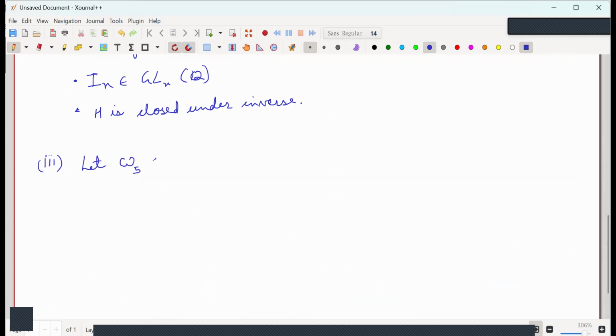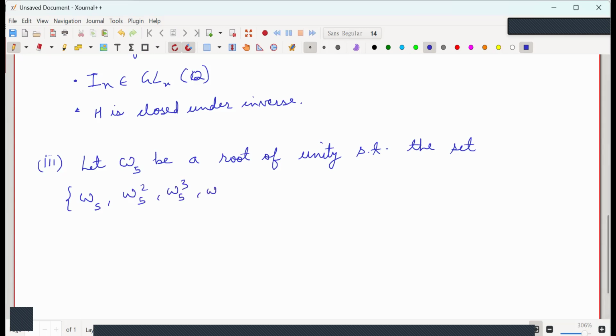Let omega 5 be a root of unity such that the set omega 5, omega 5 square, omega 5 cube, omega 5 to the 4, and 1